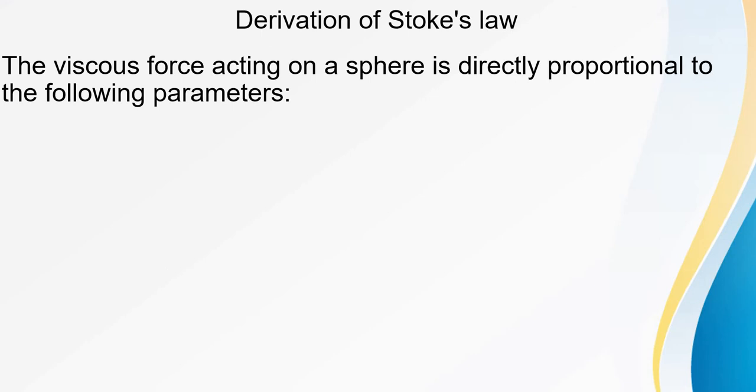The viscous force acting on a sphere is directly proportional to which parameters? This dimensional analysis we already discussed in the first chapter, units and dimensions, where we discussed how to find a relationship between various physical quantities, if you know that a physical quantity depends on a minimum of 2 to 3 parameters. If it is more than 3 parameters, as we already discussed, it will fail.